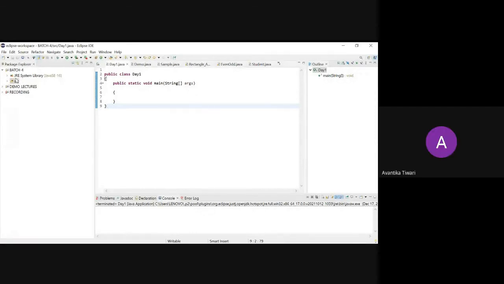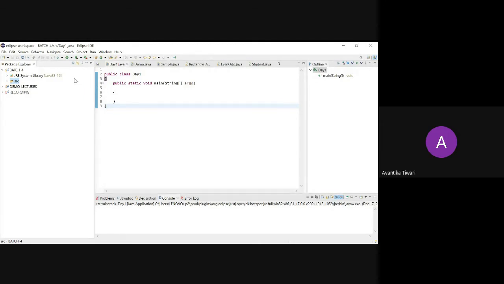So what was the first question that I gave you? Even odd. Even and odd number. So we all know what even numbers and odd numbers are. But we have some students who don't belong to the CSE and IT branch, so they don't know how to apply that logic in programming.